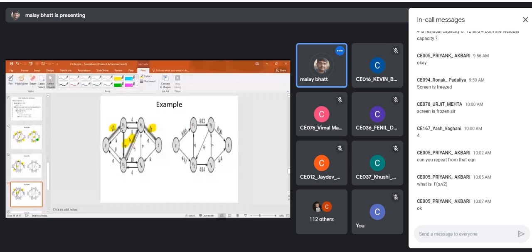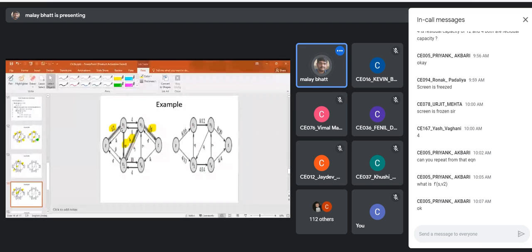Is it clear? Any query in this? S to V1, the remaining capacity is 8 because 4 will be removed from it. And residual capacity will also increase from V1 to S as 8. Clear? Now from V1 to V2, it is 4, right?